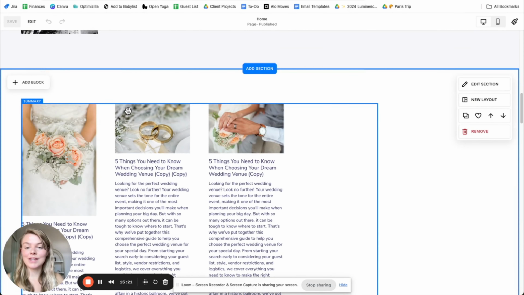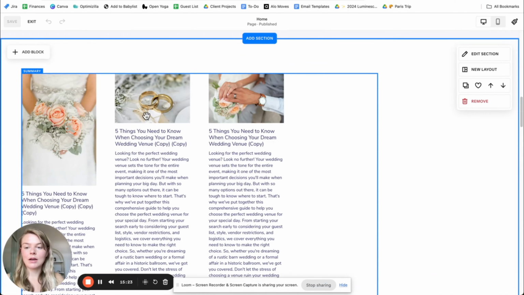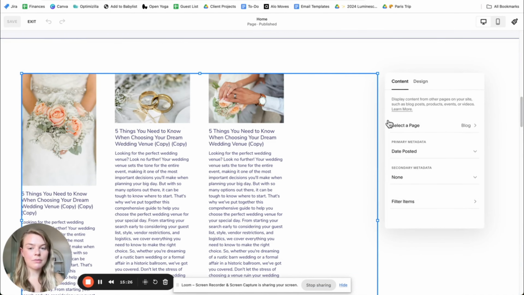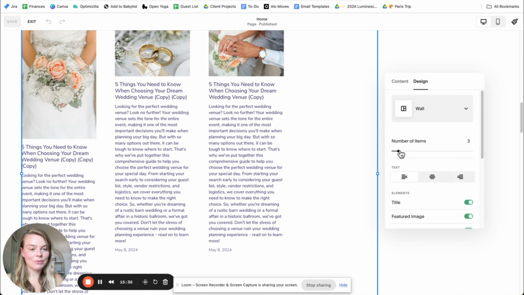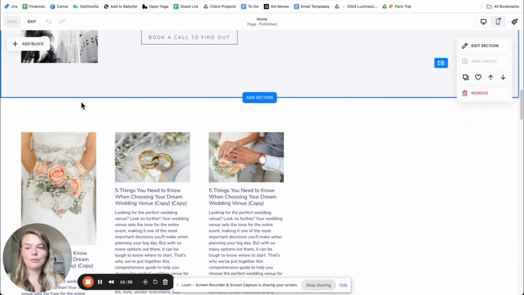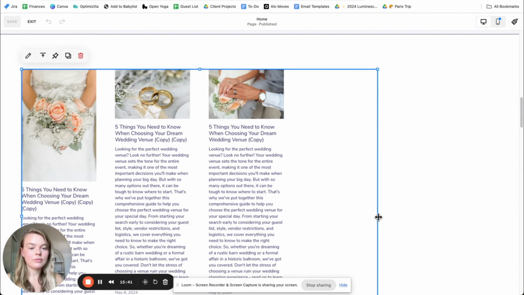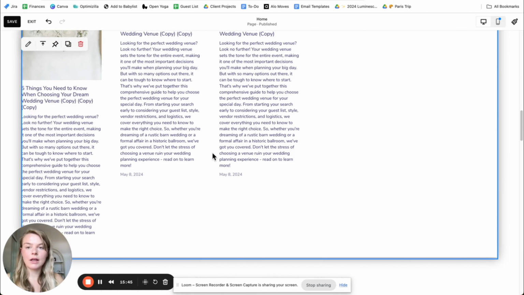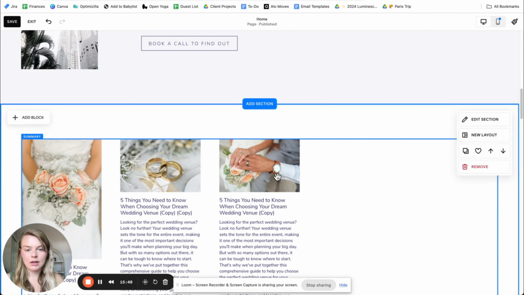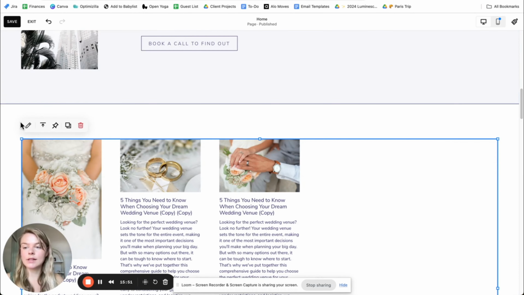And now you can start to see it's already been populating these different blog posts. I kept the preview text and title all the same, and you'll see it even says copy, copy, copy. But yeah, this is just for demonstration purposes. So for this summary block, you can fully customize the design however you see fit. But for now, I'm going to just stretch it out across the section